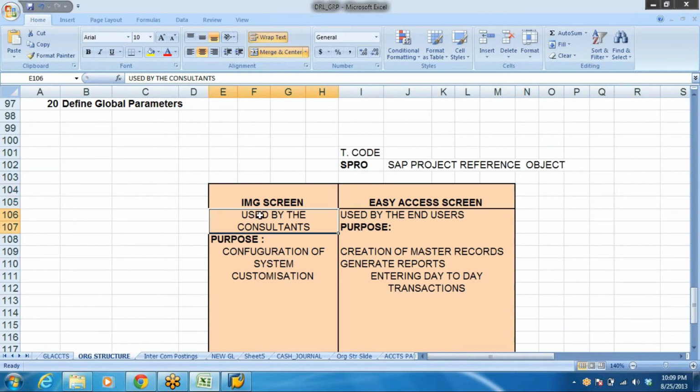What is IMG screen? IMG screen means implementation guide. The purpose is configuration of system and customization of reports. Everything is done by consultant. So as a consultant, we need to configure the system here